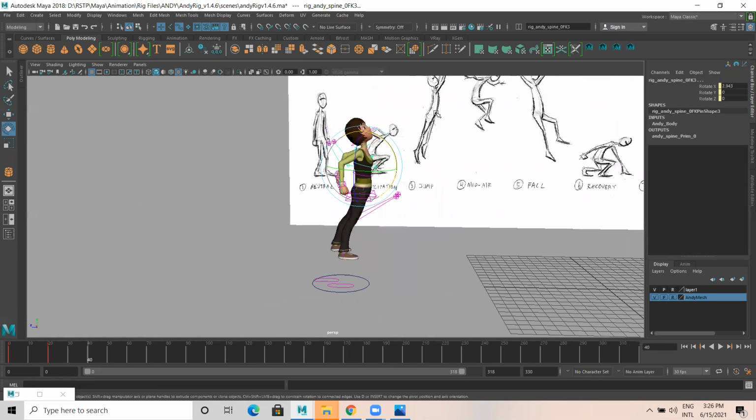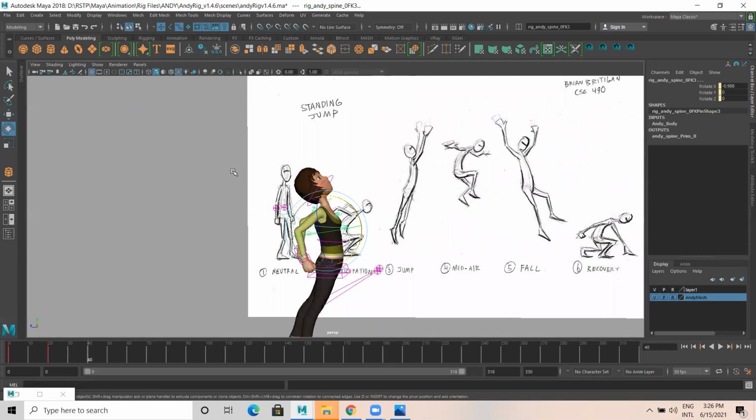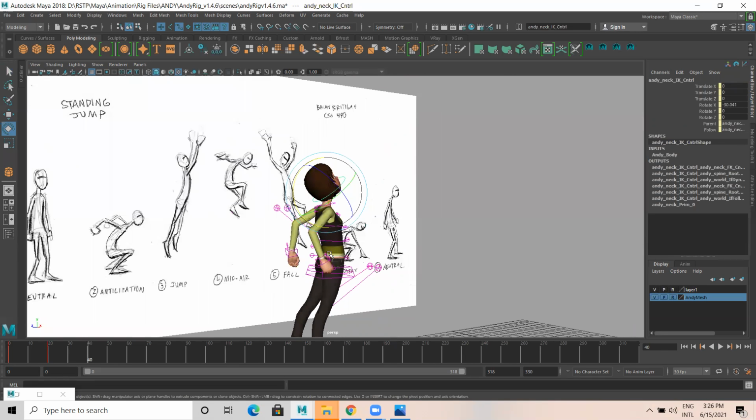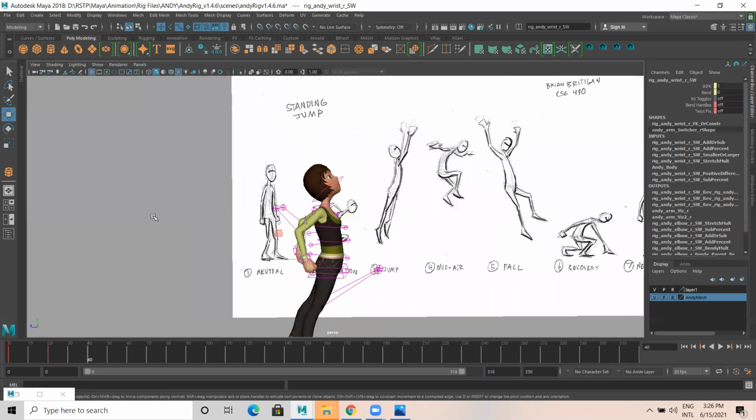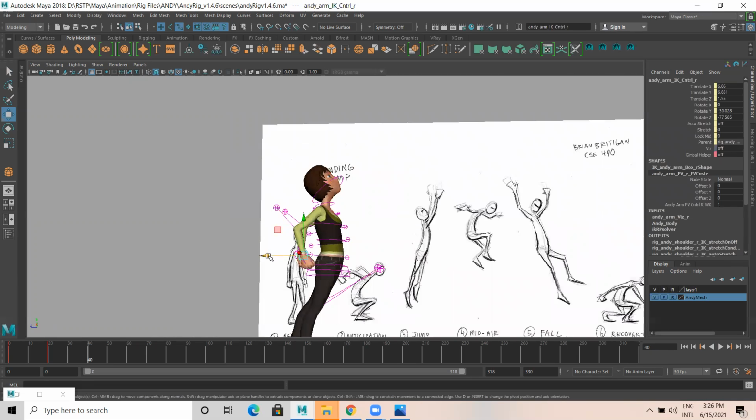Observe the body structure, how it is. There is a curve here. I would like to maintain or create a curve like this. And the neck part can't rotate so much. It's like this, but the head part is like this. And the hand. Select the hand controller, arm controller.